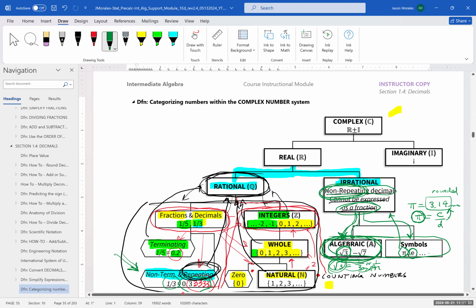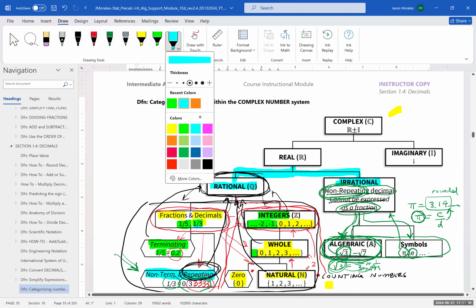So now, let's see if I can use a different color. What would be a good color? How about